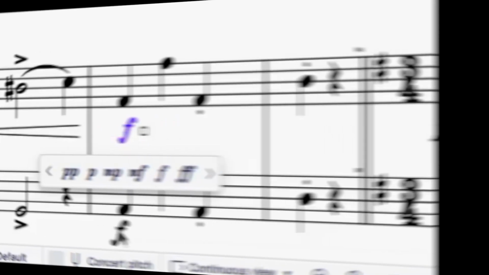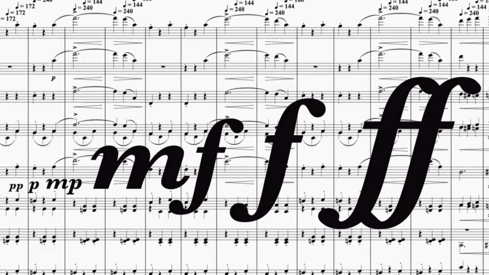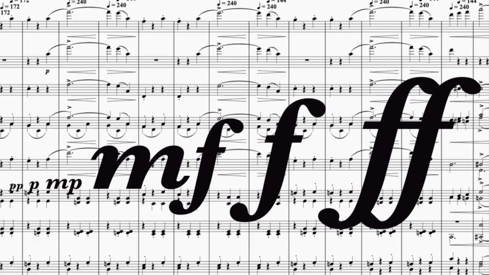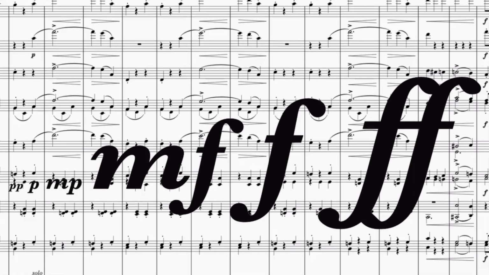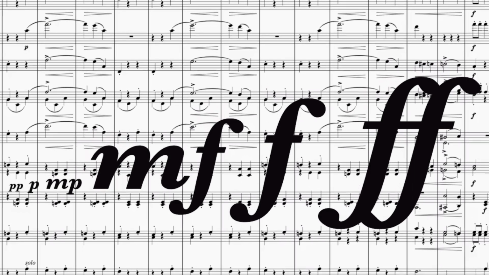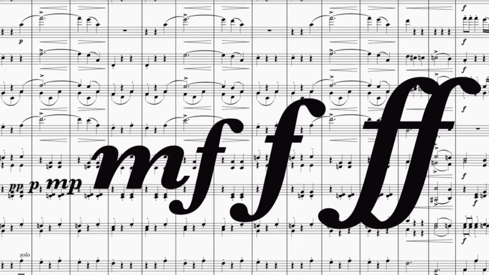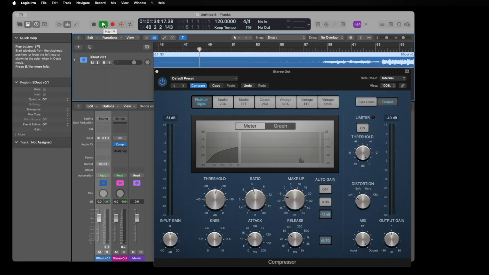Now, the volume of instruments doesn't always increase smoothly as you go up the dynamics register, and the effects of accents also seem to make the loud too loud relative to the soft. One traditional way of dealing with loudness gradation is with a compressor. Here's the compressor in the digital audio workstation Logic. I'm using it to post-process an audio file I've exported from Musescore. You could almost say I'm mastering it.